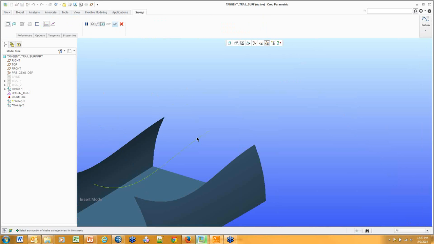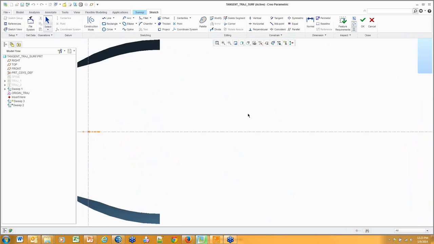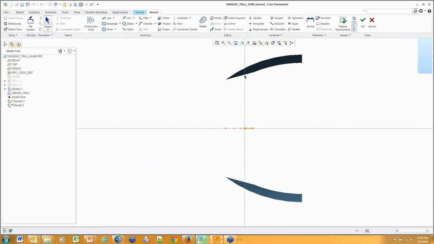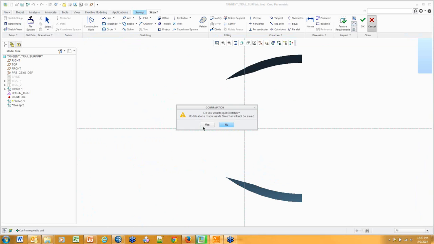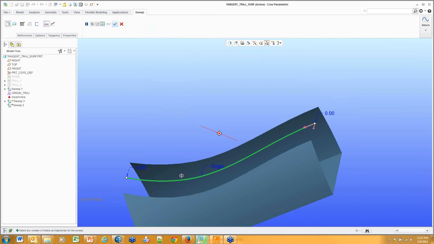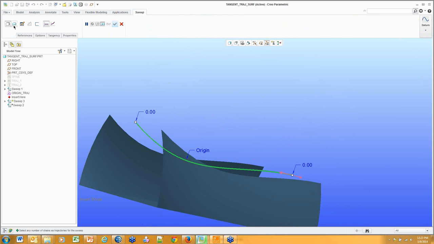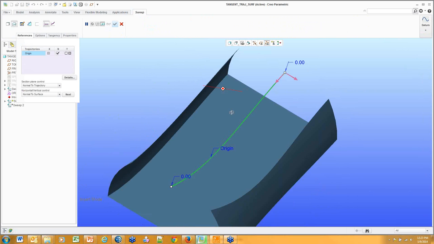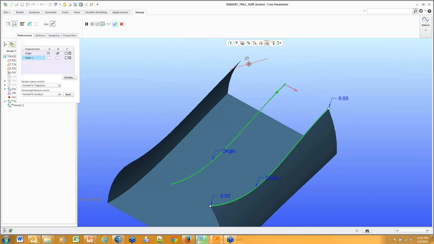What I want to do is come over here, pick that, go back to surface. Oops, wrong one, excuse me. Actually, no, let's take a look at this real fast. Notice how we just have a vertical and a horizontal reference line. Okay, that's not going to cut it for us. We want to make this a little bit smarter. So we'll go back to References, and I'm going to grab this edge and this edge